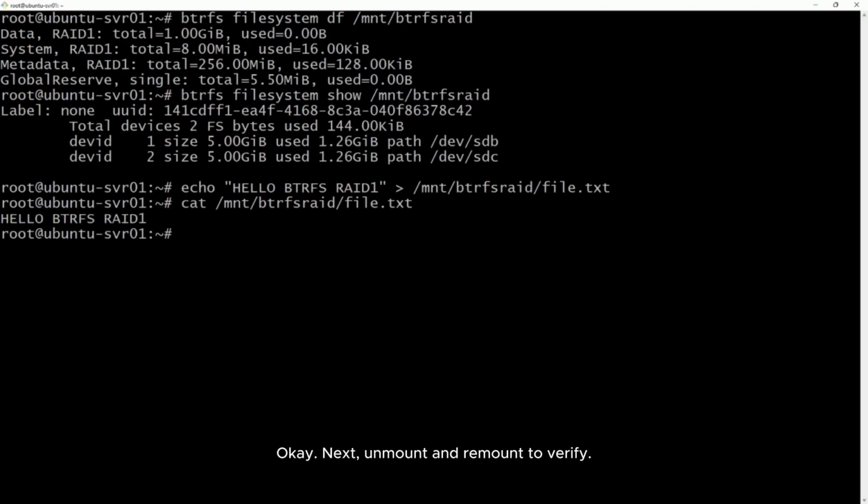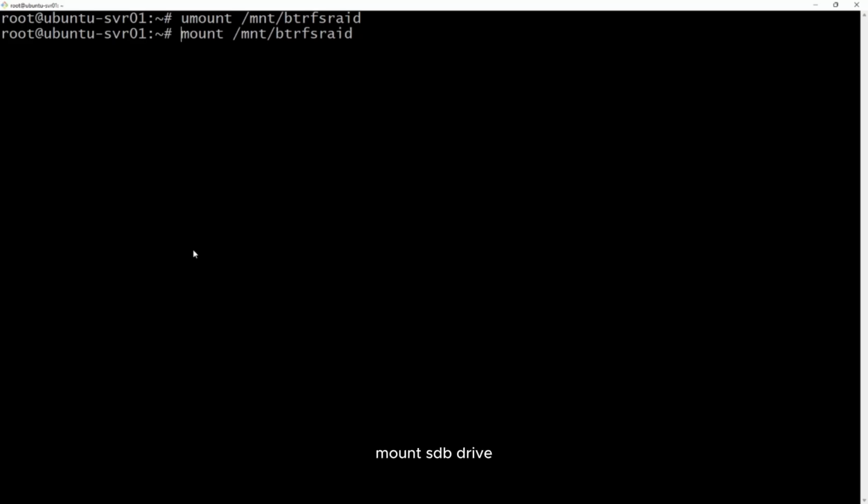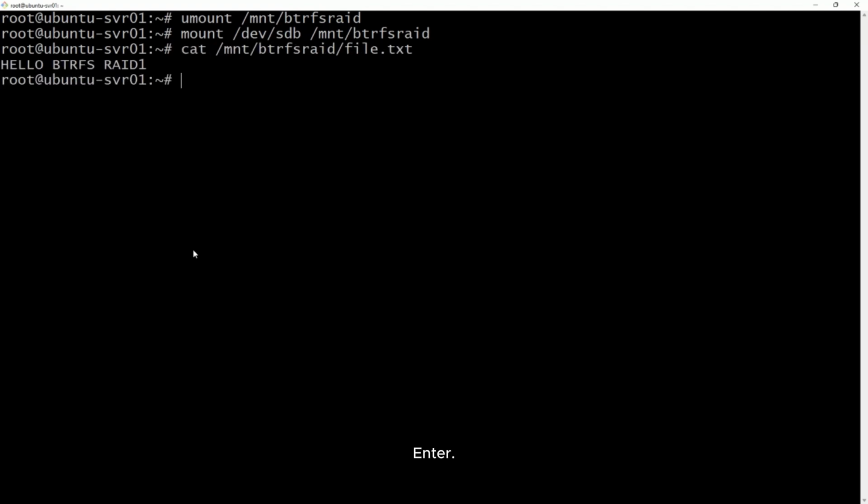Next, unmount and remount to verify. mount /dev/sdb, enter.